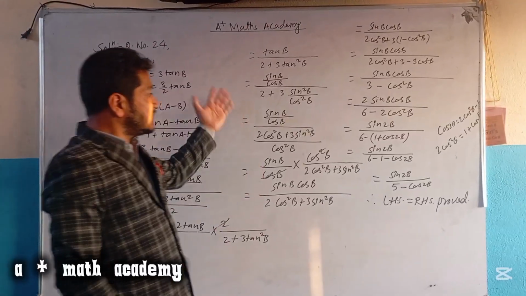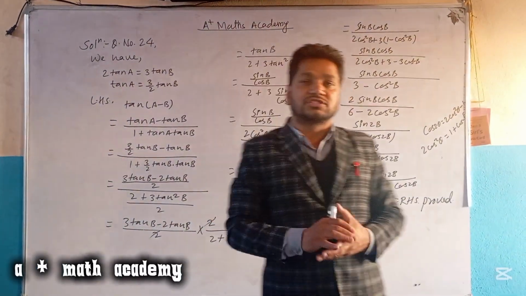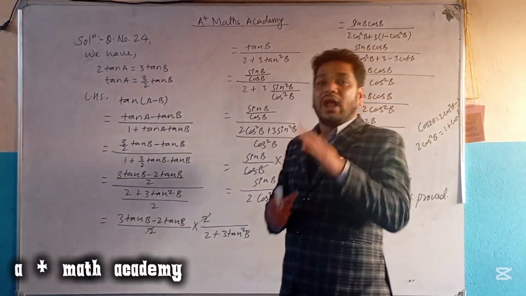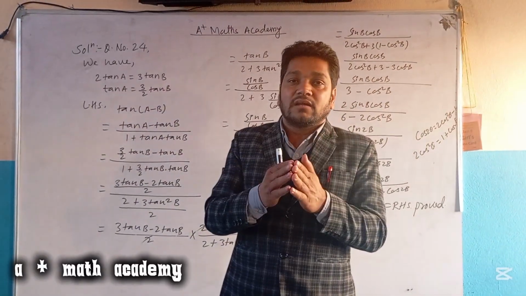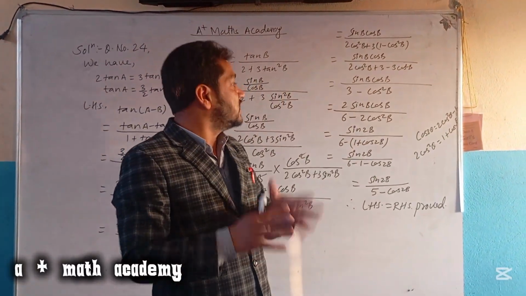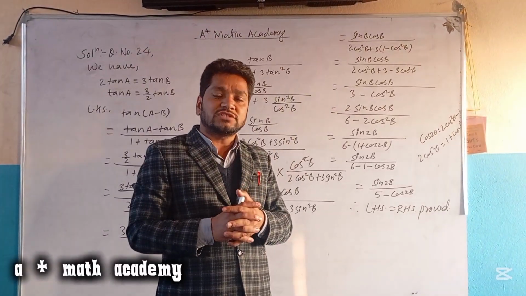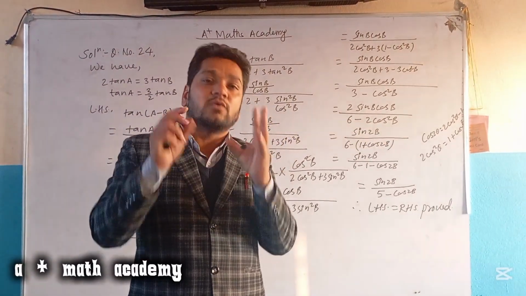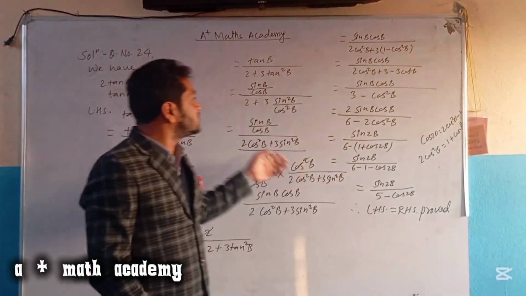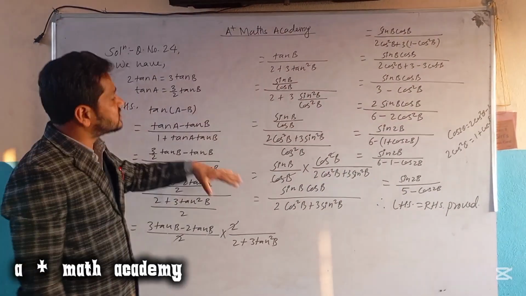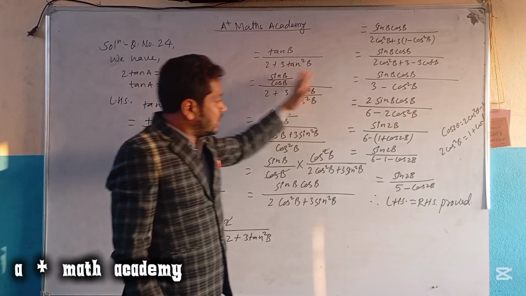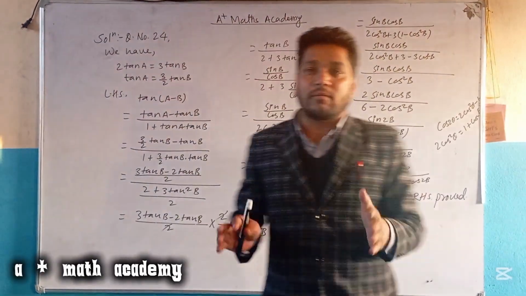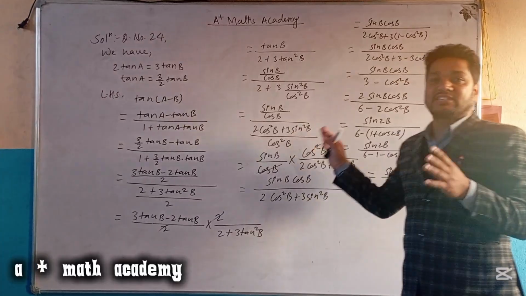In these trigonometric questions, in these identities, we have to first understand what is given and what we have to find. Then we have to be confident about which formula to use. Only then can we solve such questions. It is also an important question, and you can solve it 2-3 times, and if you get any problems in any steps, you can ask me.